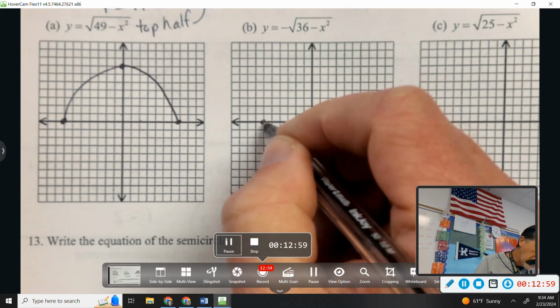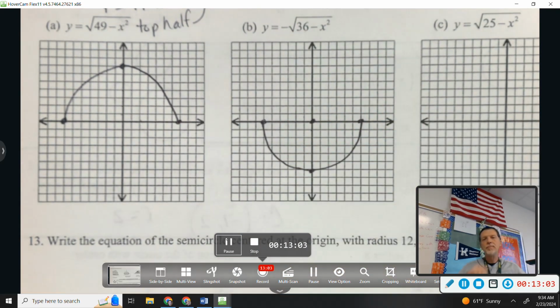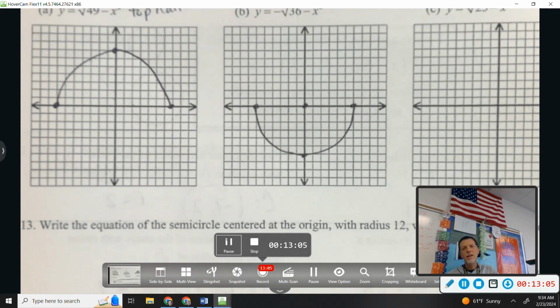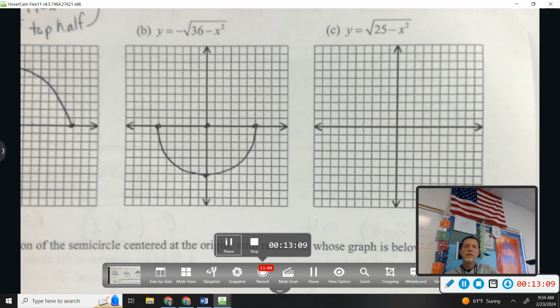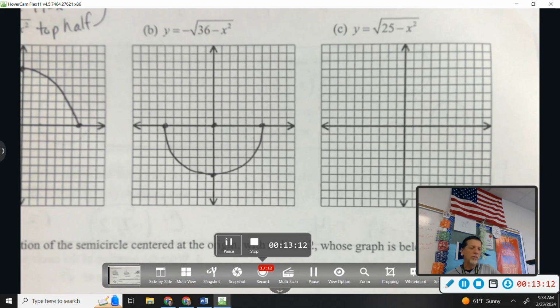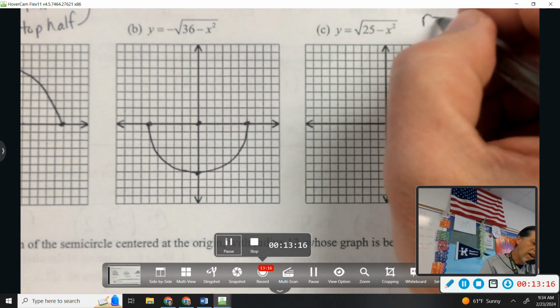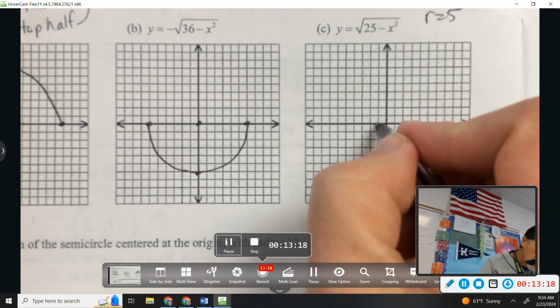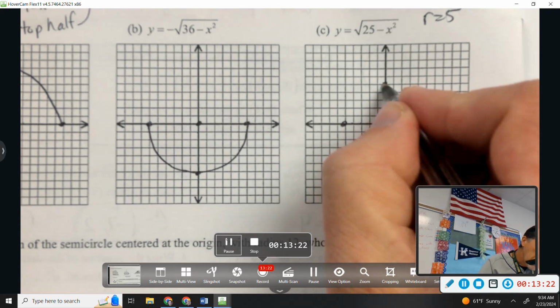But just the bottom half of the circle. That's probably my best half circle yet. And then see which part of the circle is that? Top half, radius 5. But you only want to do a perfect square